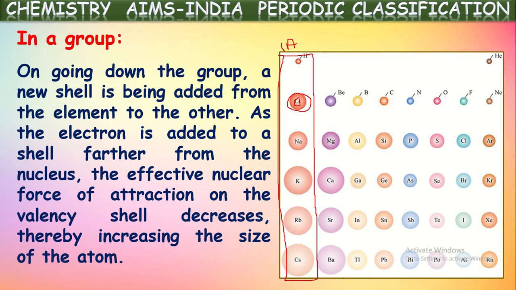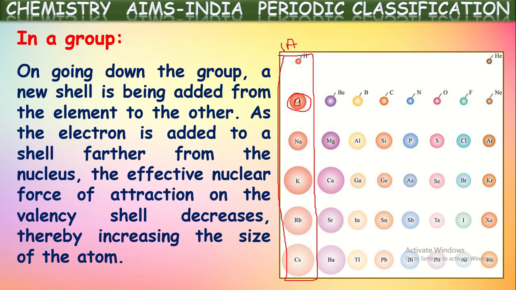So, the outermost electron is present in the second shell of lithium. Whereas if you see sodium, sodium has its outermost electron in the third shell. If we see potassium, it has four shells. So what we observed here, in a group, as we move from top to bottom, the number of shells is being